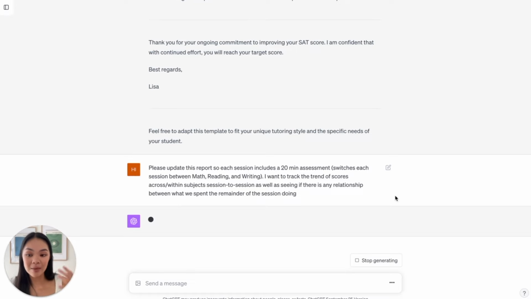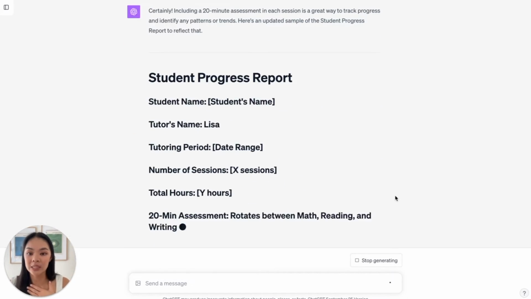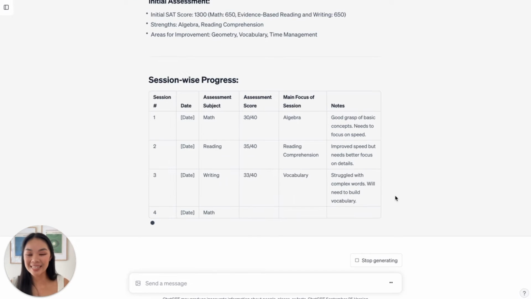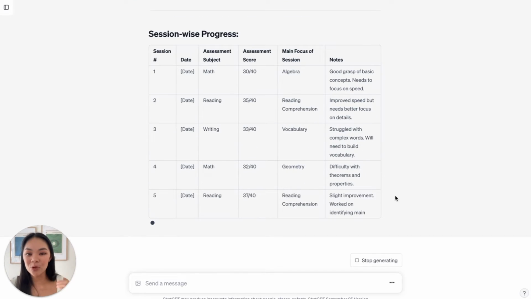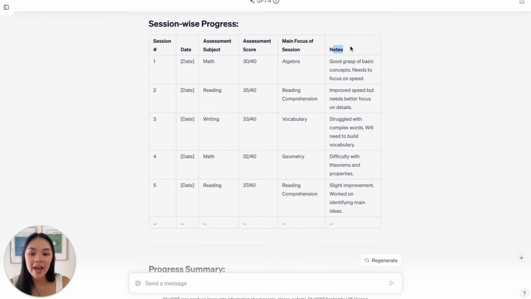So here I'm inputting more information for ChatGPT based on what I want to see. It's creating this amazing table for me to actually keep note of and to record down what happened in each of those sessions. I really like having this note section because otherwise we'd only have the assessment score, and the metrics, the quantitative data, doesn't actually factor in other aspects that may have actually influenced the student's results for that